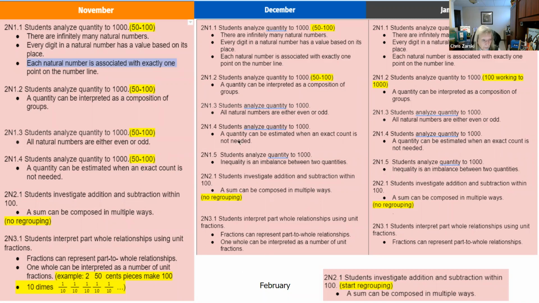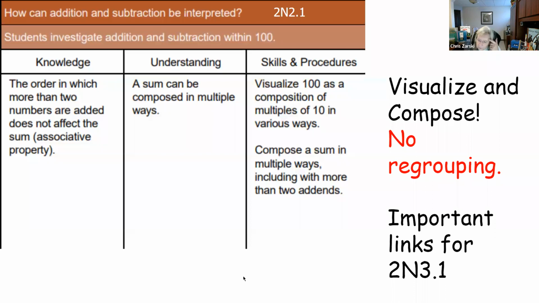So in order to unpack any one of these again, we still have to go to our curriculum document. And we're looking at, in this case, we want to make sure that we are seeing not only the understanding, this is the part that's in the year at a glance, but now I see what was the knowledge piece again and the skills and procedures that was attached to that understanding. And what are the key skills that I'm having to work through with the students in each one of those.